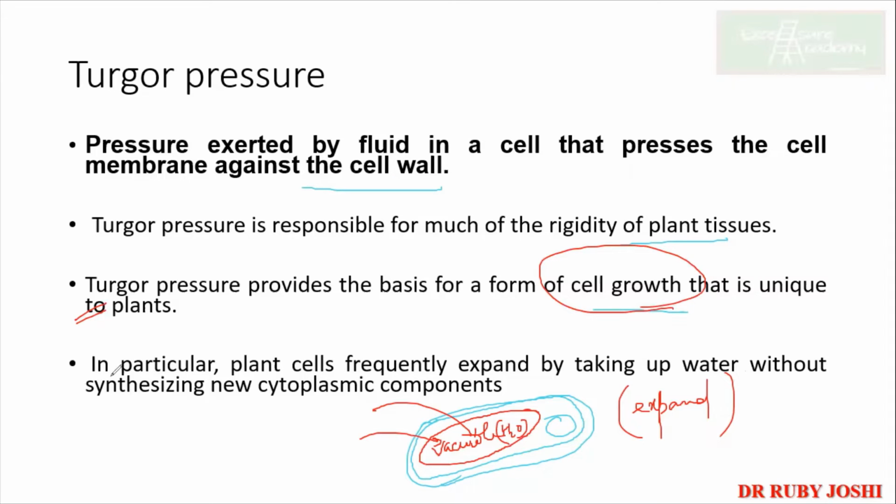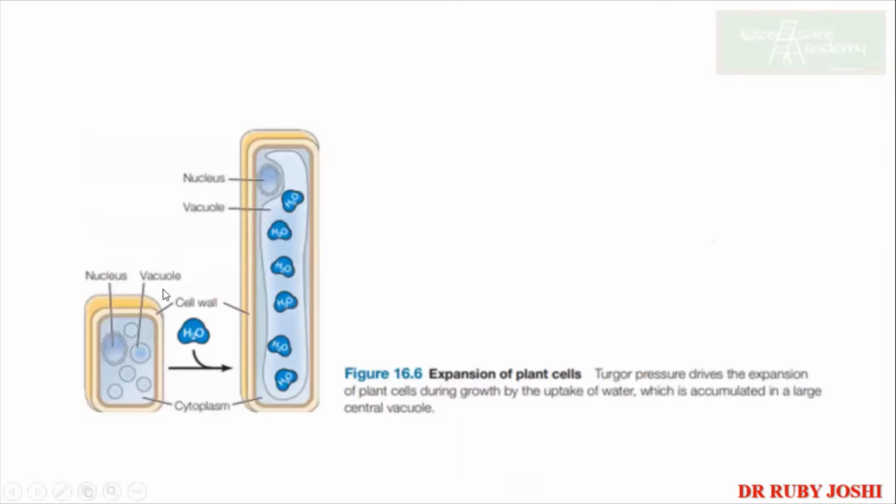Okay. Now, in particular, plant cells frequently expand by taking water without synthesizing new cytoplasmic components. Same thing we just now explained. So, expansion of the plant cells: because of turgor pressure, what will happen? The vacuoles will start taking the water molecules and they will tend to expand. So this is getting accumulated inside the vacuole and they are expanding,